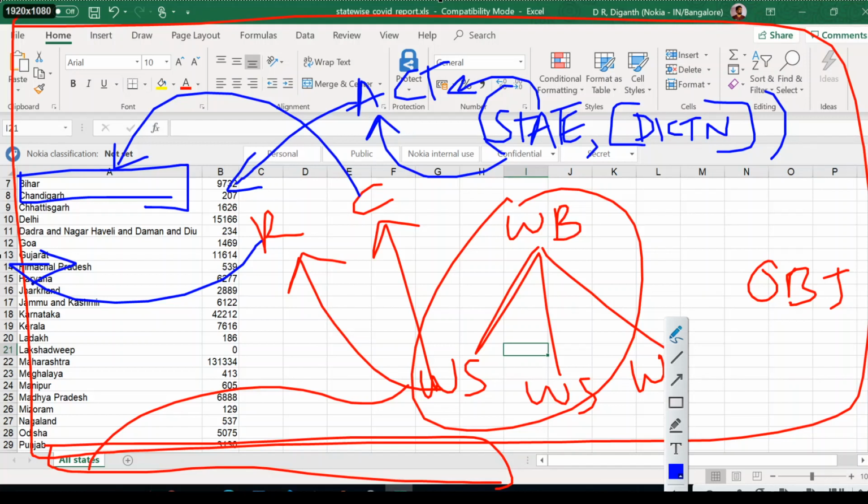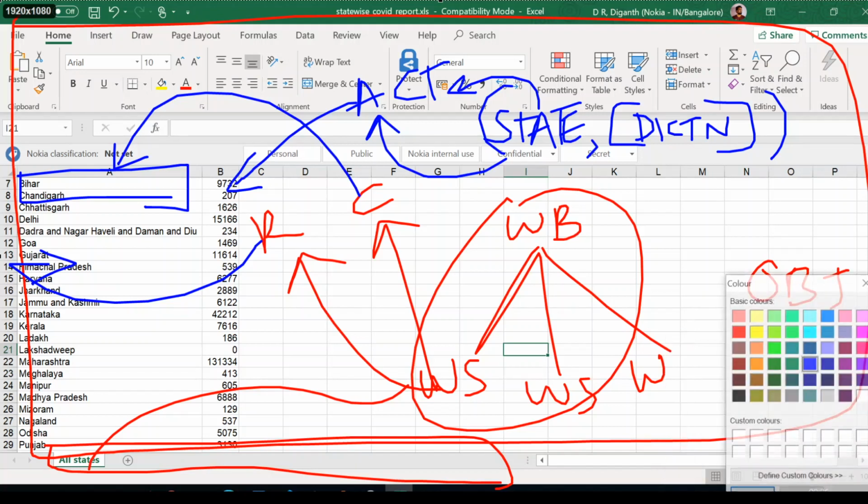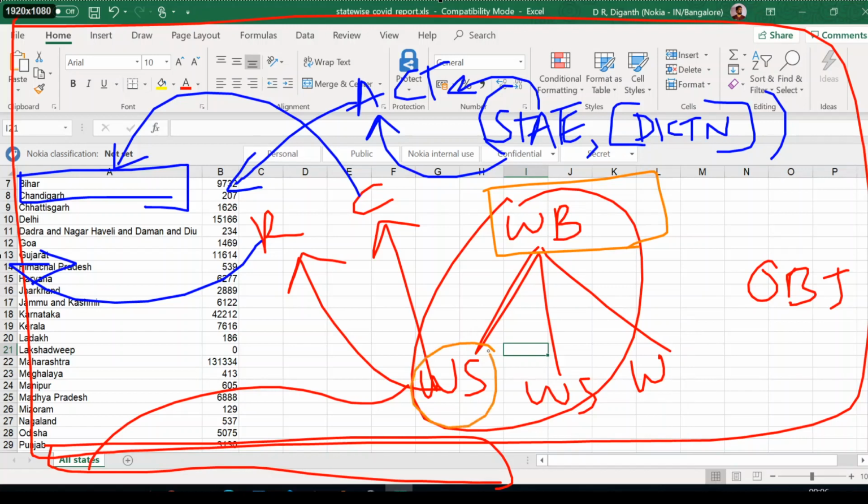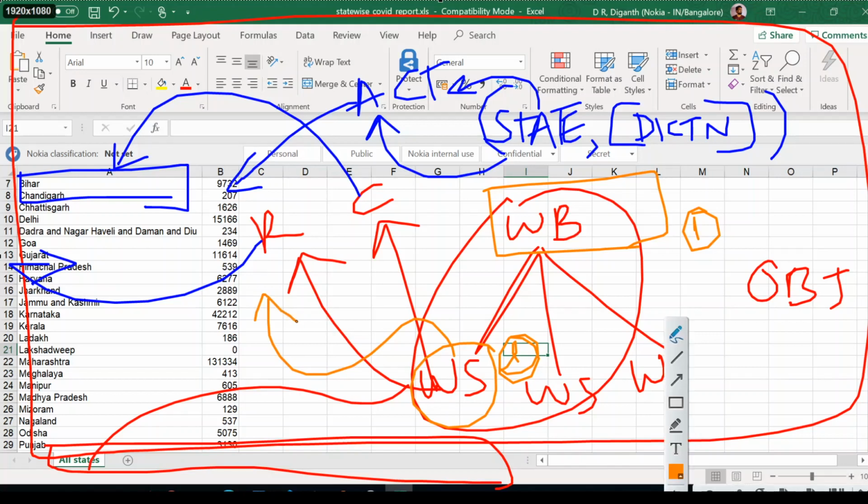So if we want to think about it stepwise, the first step is to create a workbook, because I need an object. Inside that I am going to create a worksheet. This is the second step, and that worksheet will contain rows and columns, which I then need to populate.